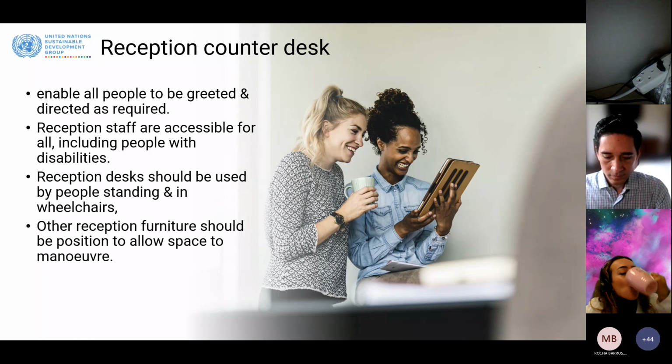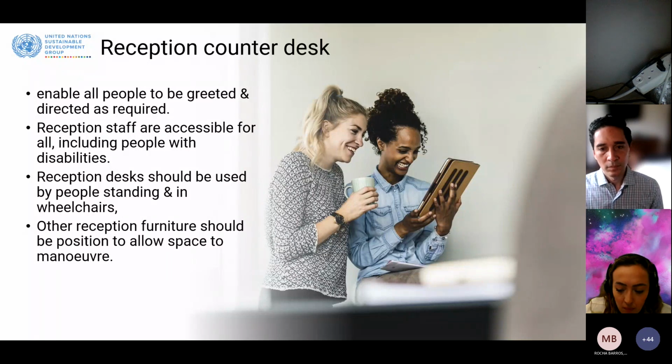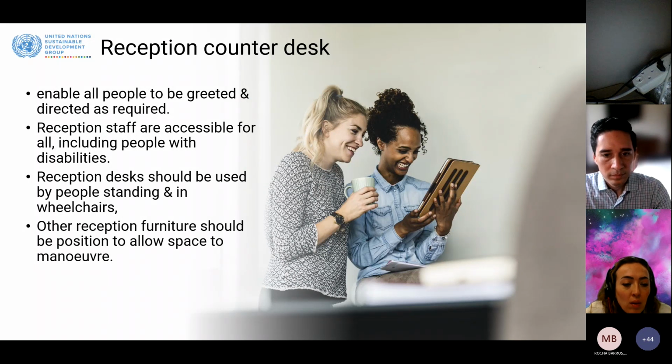So you can imagine how difficult this is, not only for a person who is using a wheelchair, who will never be able to come through this security gate because it's placed on the steps, but also for a person who is using a white cane, coming up those steps and finally finding the security gate. First of all, they can bump into the security gate, which can create injuries. Second, they will have to mount the stairs and at the same time take care to pass through the security gate, which is a really difficult thing to do.